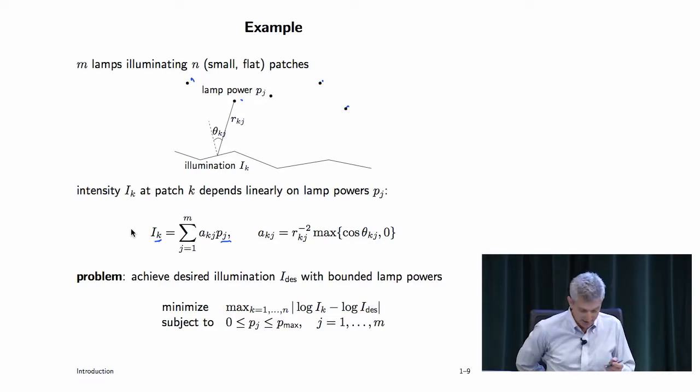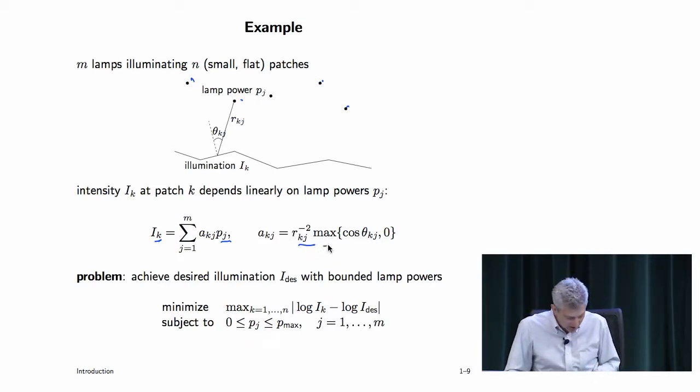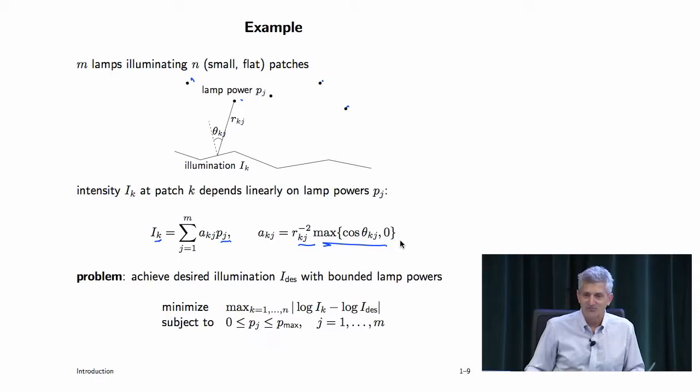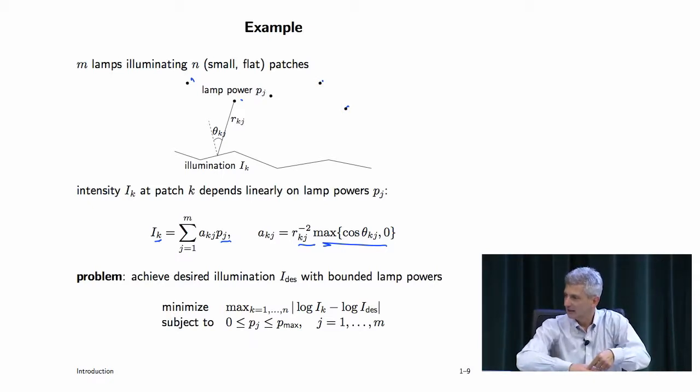So this is not coherent light, it's incoherent, and the powers add. Okay? And you just get some geometry factors. The geometry factors would be inverse square, the farther you are away. And then you have a shading, or I think some people call it a cosine factor, right? So that if you shine light from here and it goes down, you get cosine theta is the effective power illumination on it. So, okay.